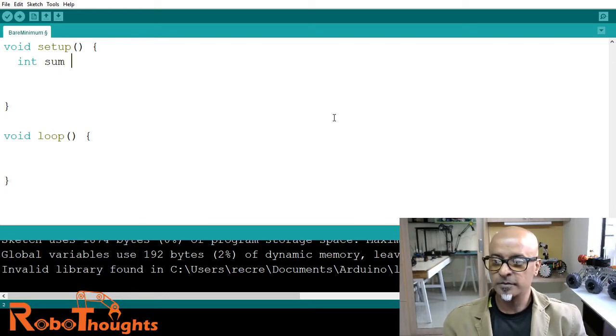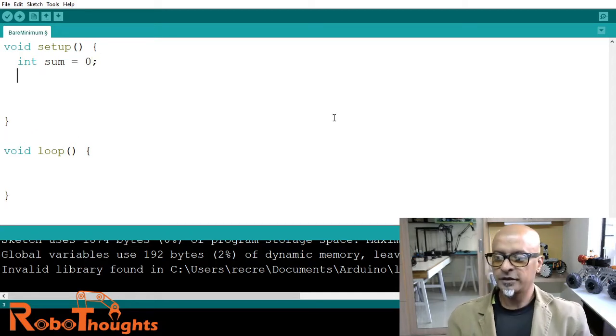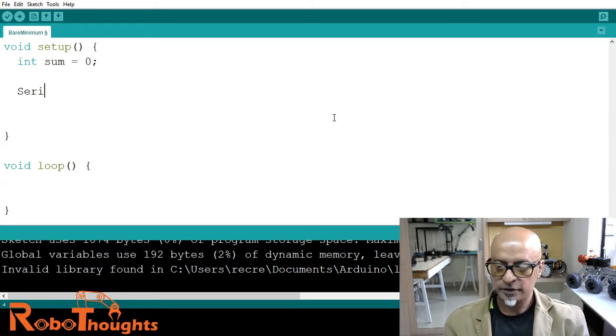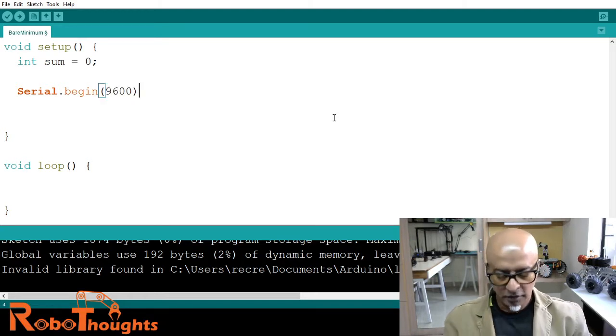Int sum equals 0, semicolon, and then Serial.begin with a speed of 9600 baud rate